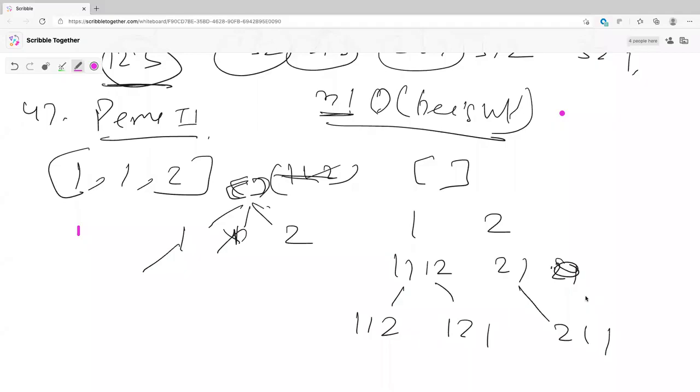That is recursive only: at each level of the tree you're creating new nodes and appending the element, right? At the first level you are taking a single element, and the rest of the elements you are pushing to the next level, right? And at the third level you again push the elements, and once the length of the leaf and the original array are the same, you take it as your answer. So at the end you will see a base case wherein you have reached the end of that array, or whatever your search path is. Then you return from there.